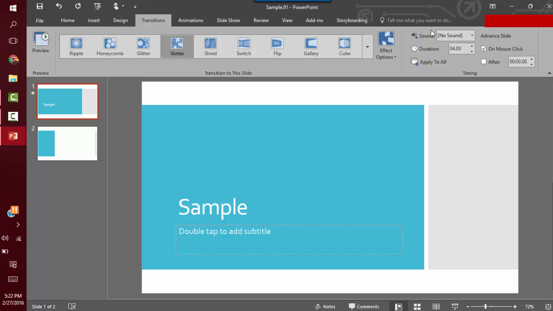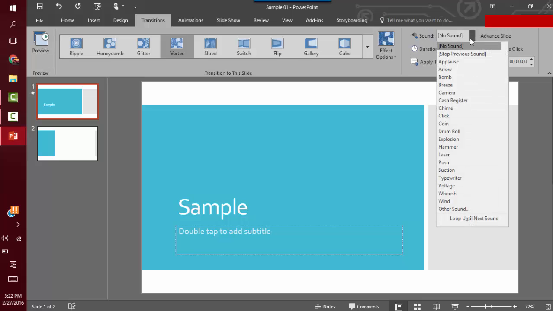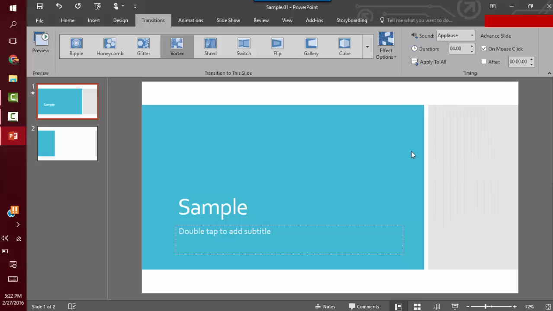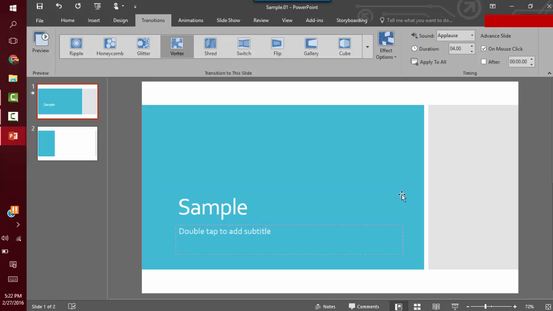Now, you can add sound into your PowerPoint so that you can, let's just say, have applause here. Okay, now you can hit F5. And I don't know if you can hear it or not, but it'll play a sound onto your speakers. Okay? Now,